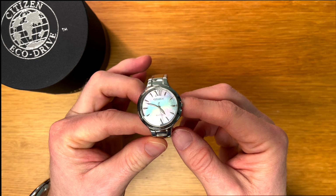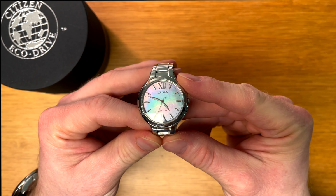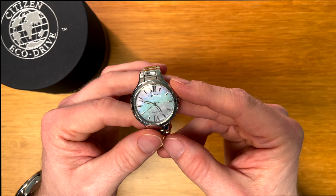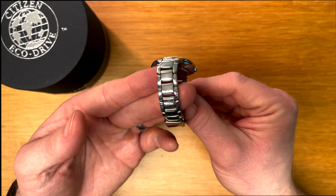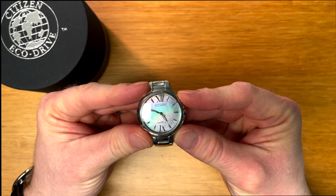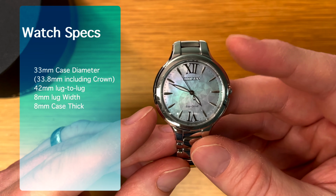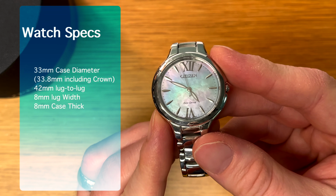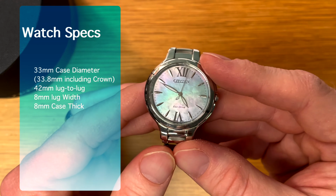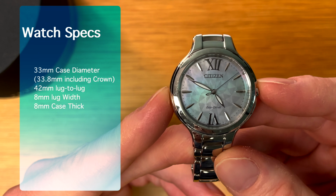This watch is absolutely gorgeous. Look at this beautiful mother of pearl dial. I absolutely think it's stunning. I really do. Everything you see is stainless steel, and the case diameter of this one is 33 millimeters from the 8 to the 2. If you include the crown, it is 33.8 millimeters,